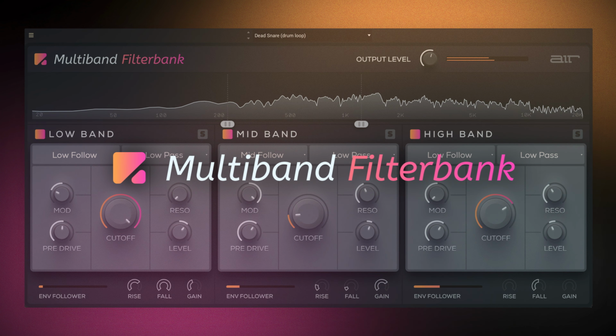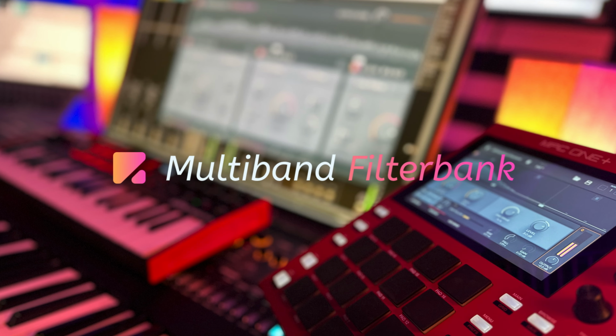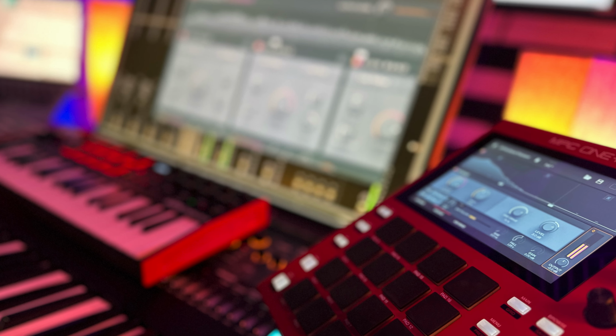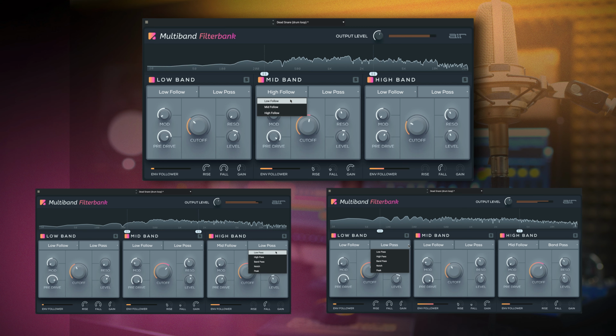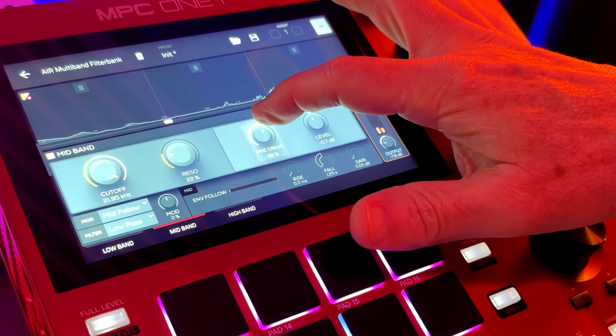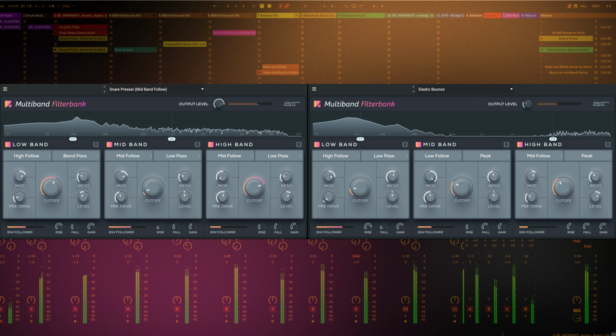To my ears, Multiband Filterbank is a dynamic audio effect plugin that wants you to take the gloves off and dig in. Think of your favorite filter. Now, imagine a super flexible multiband filter approach with complete control over every aspect as you sculpt and refine your sound. Multiband Filterbank is available now at